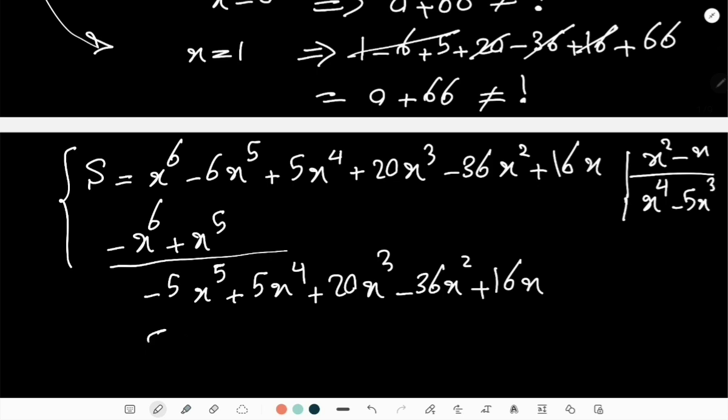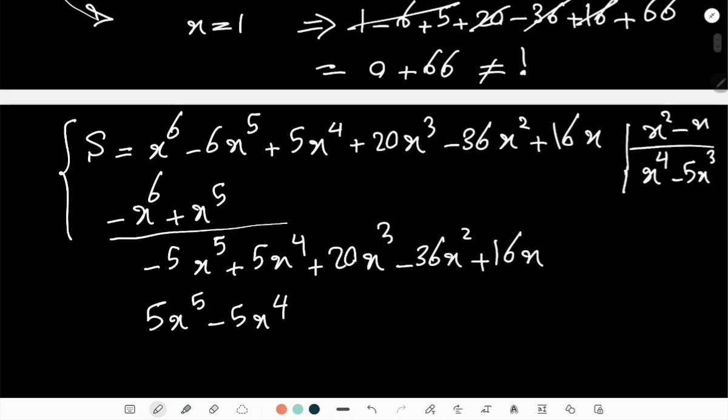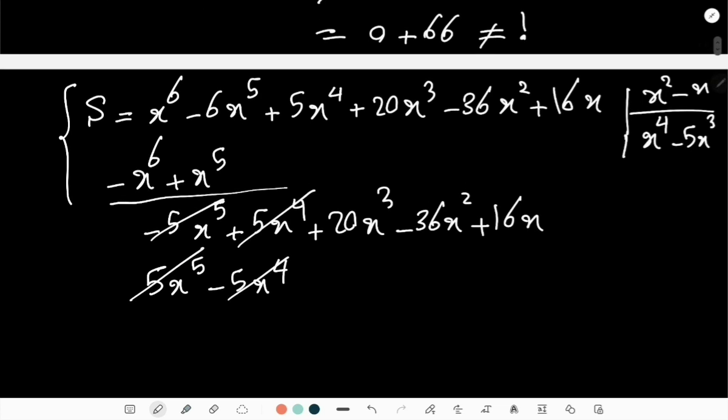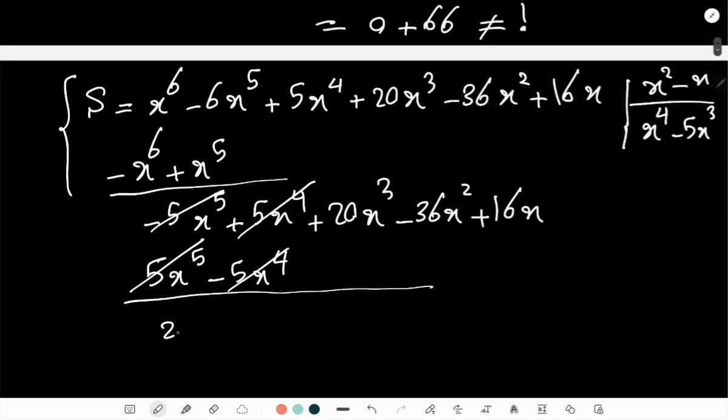Here it will generate 5x^5 minus 5x^4, and these guys cancel out each other. And then I am left with this guy: 20x^3 minus 36x^2 plus 16x, and then I divide that term again. This is 20x, so this gives me minus